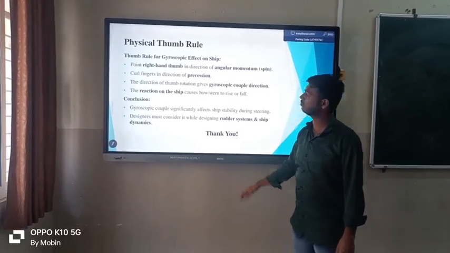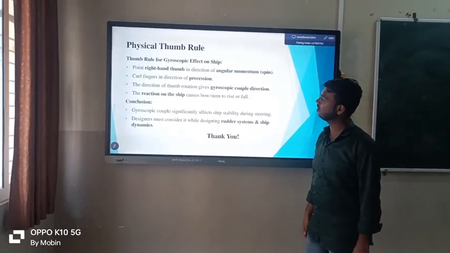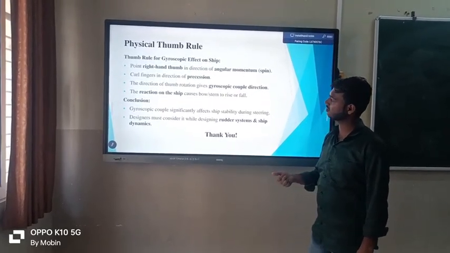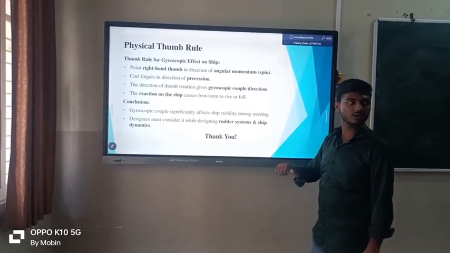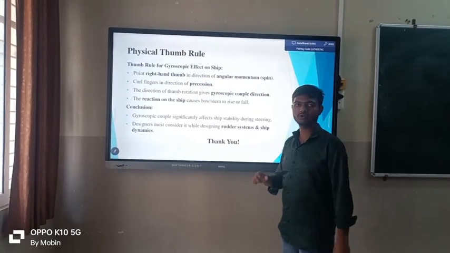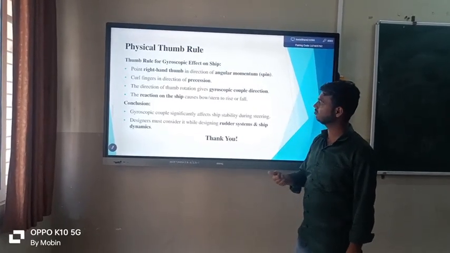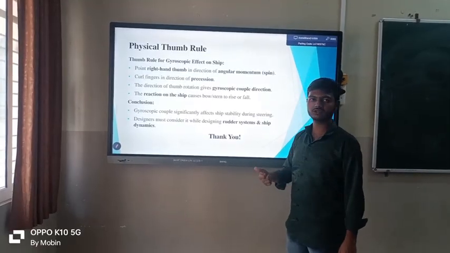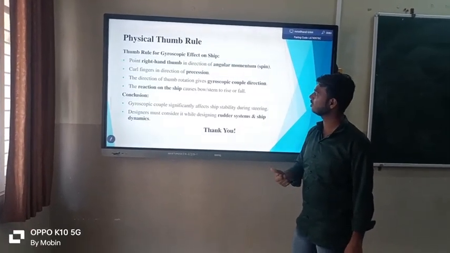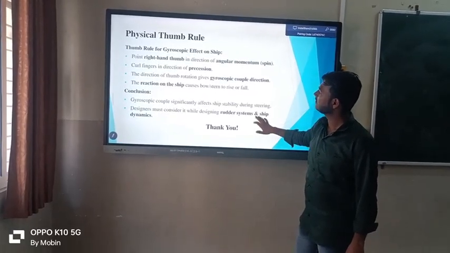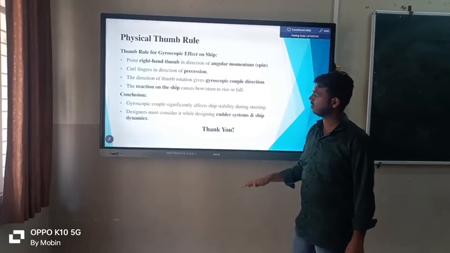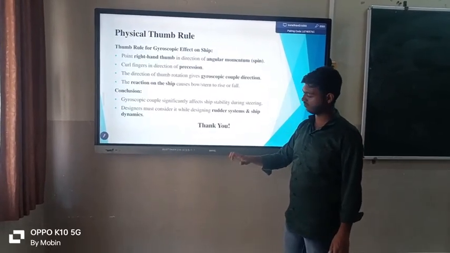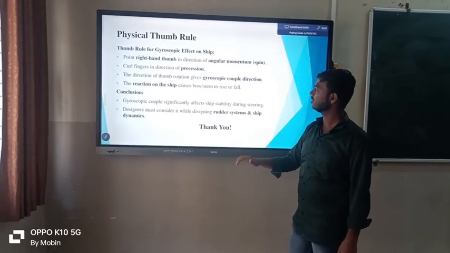A physical thumb rule which can be applied to the gyroscopic couple is this. When looking from the stern end, our curved fingers show the clockwise rotation of the propeller, and the thumb points away from us, showing the direction of motion of the ship, away from us. As the ship takes a right or left turn, the direction of the fingers points the direction